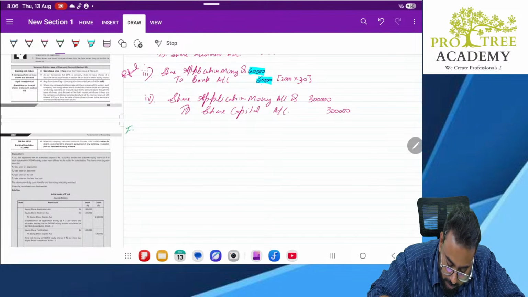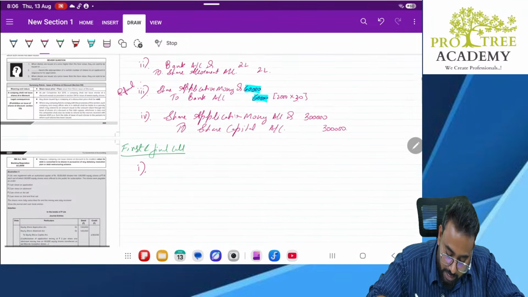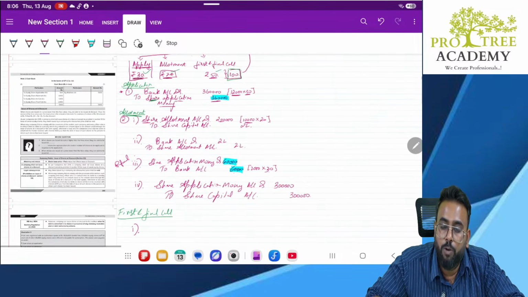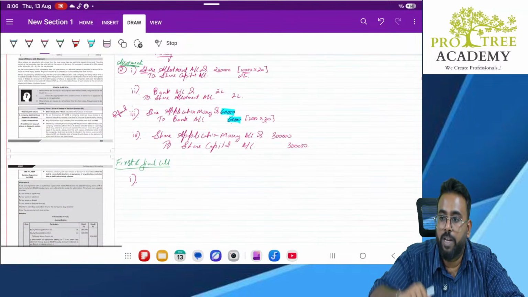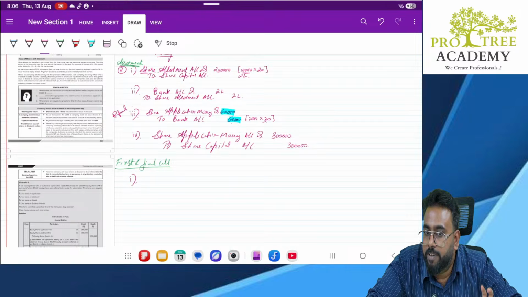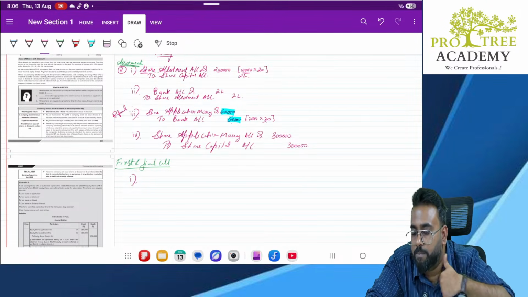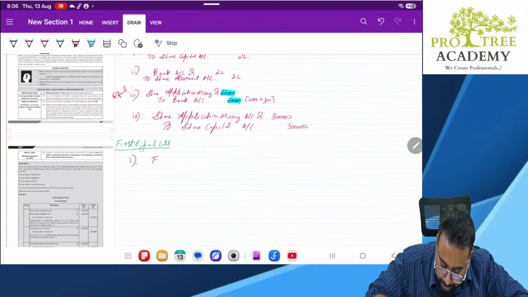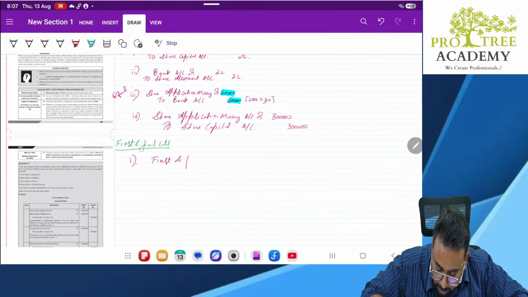Next, first and final call. What is the first journal entry? Now, understand. Just like how you wanted the money on allotment, now you want the money on first and final call. When you call them and say, give the money, don't you think you have a receivable now? You need to receive the money from them. So the first and final call account is created, which acts like an asset account. It is a receivable account. So the entry will be first and final call account